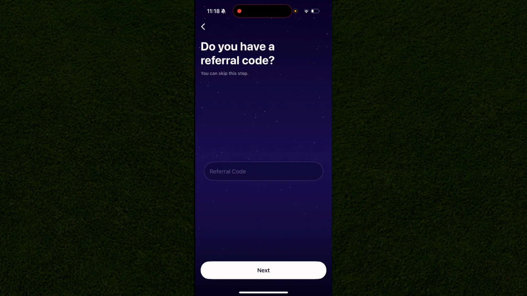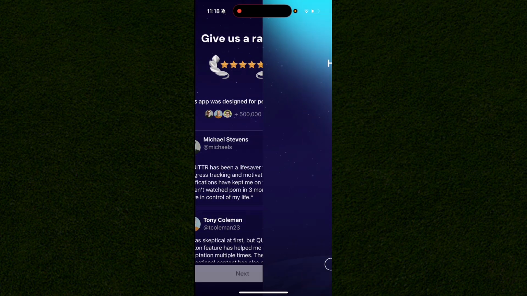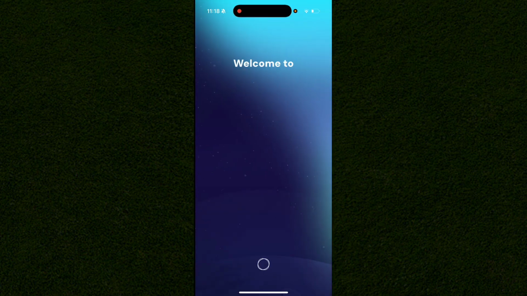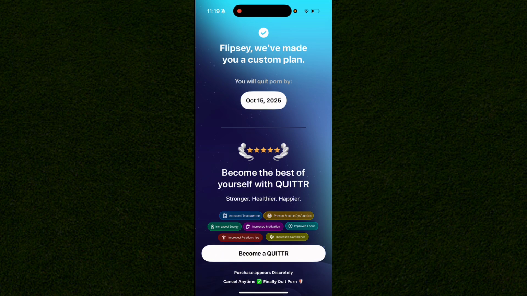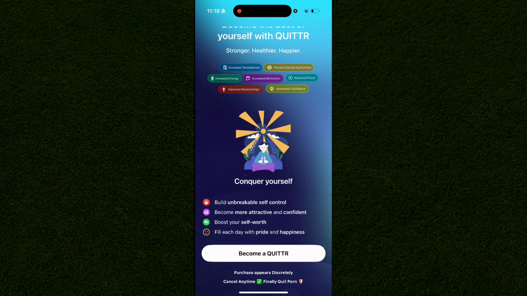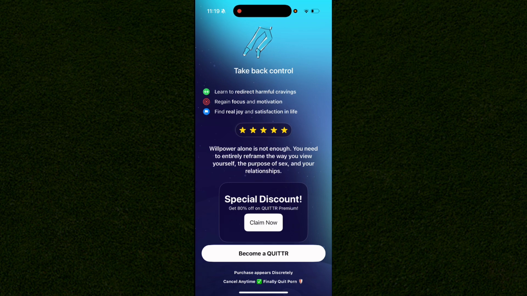Once you've done that, you can set a referral code if you have one for using this app. There is a version that does not cost any money, but once you're on this app, it'll set up your path just on this page like so, as it describes. And as you can see, it will give you a custom date on when you will have quit by, and you can scroll down to the bottom of this and click on claim now